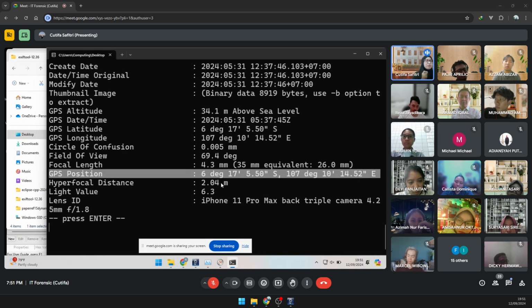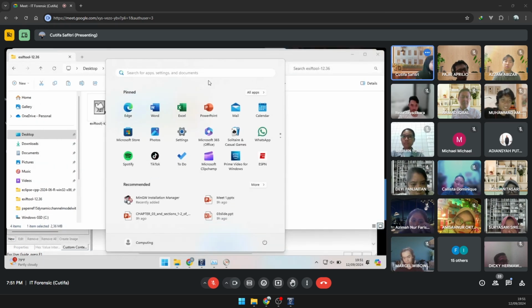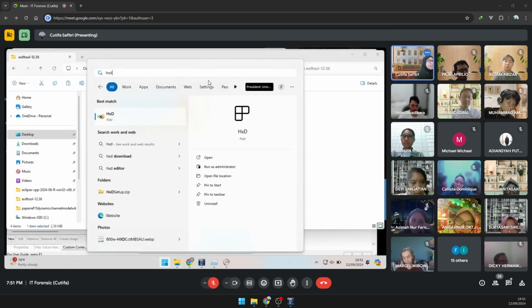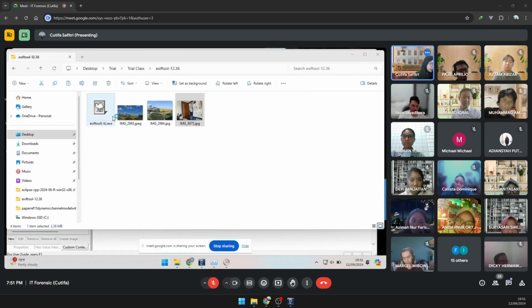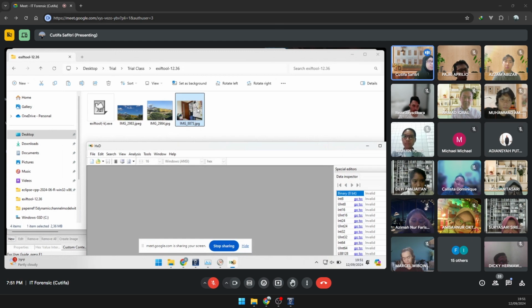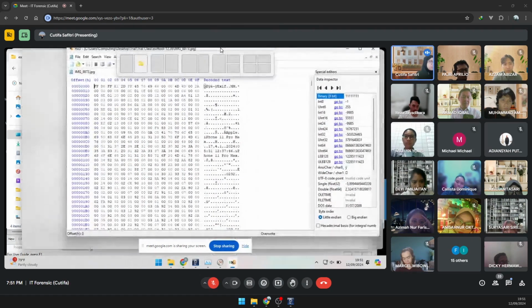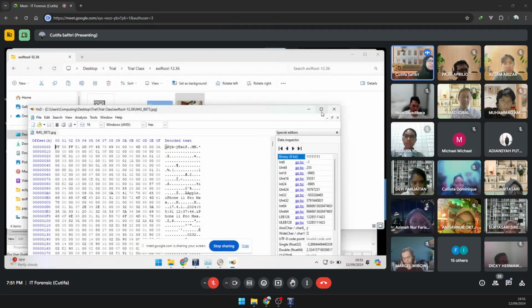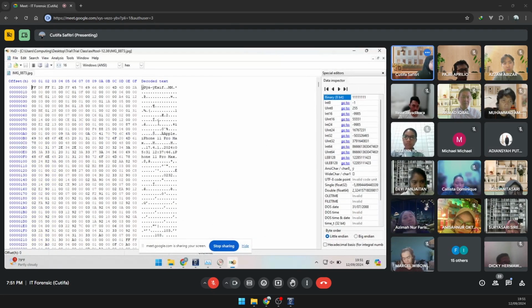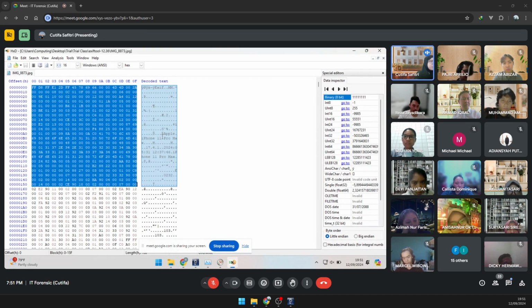Now the question is whether this picture is original or not. Now we could use these tools to check the bit-by-bit information of this image. So I have HxD in here. This is actually the binary of the picture. So remember the kill disk where you can zero everything. This is the file metadata. So this is the information.